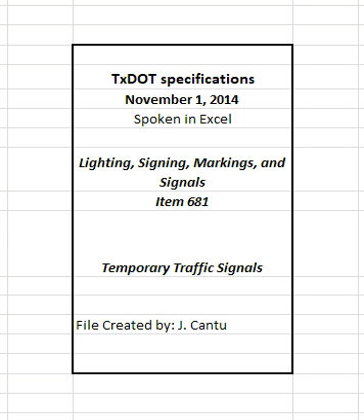Item 681. Temporary traffic signals. 1. Description. Furnish, install, operate, maintain, reconfigure, and remove temporary traffic signals. 2. Materials. Furnish new or used materials in accordance with the details shown on the plans, the requirements of this